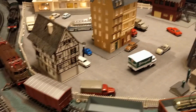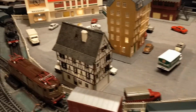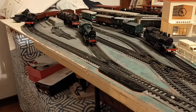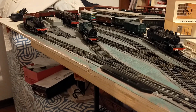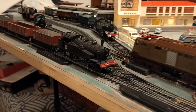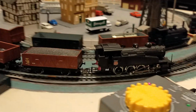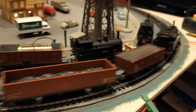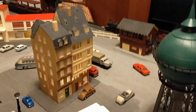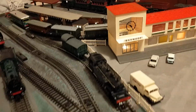And we see the town. There's lots of traffic today. A bit of a hill there. Very quiet, very smooth running. It has these little temperamental behaviours with the rubber drive belt, but we see some other